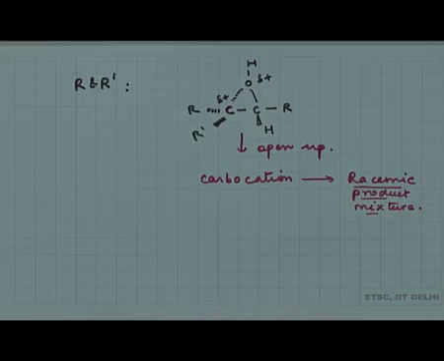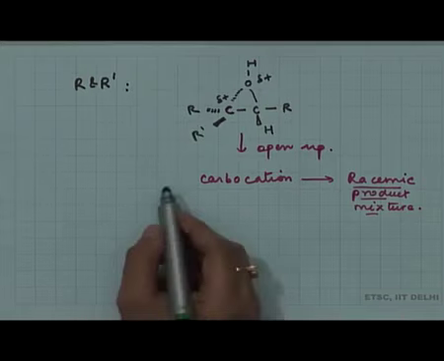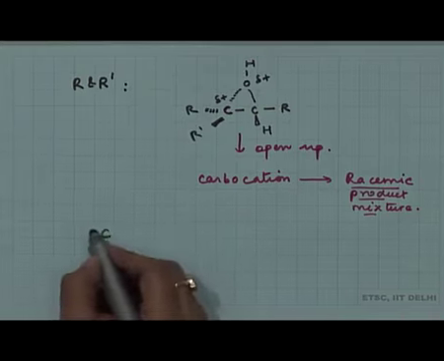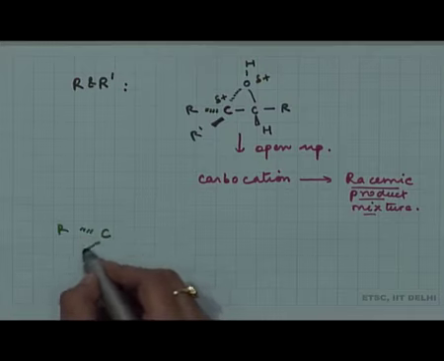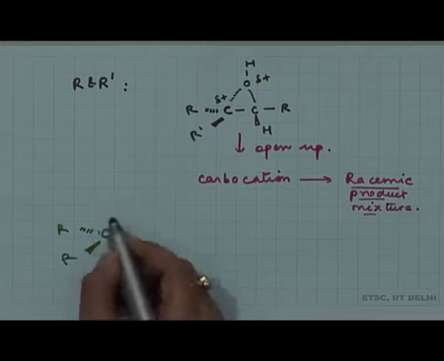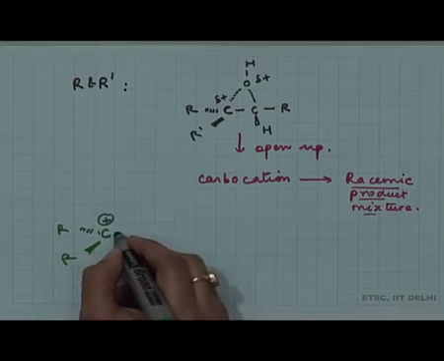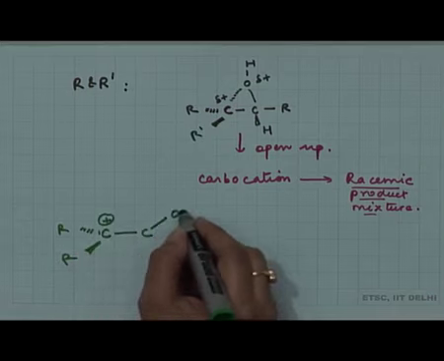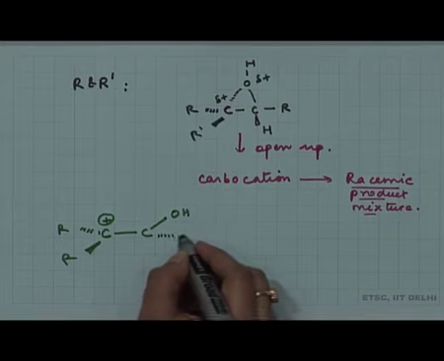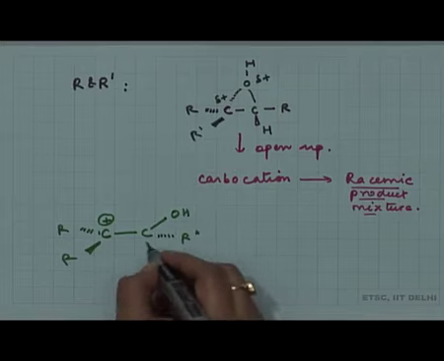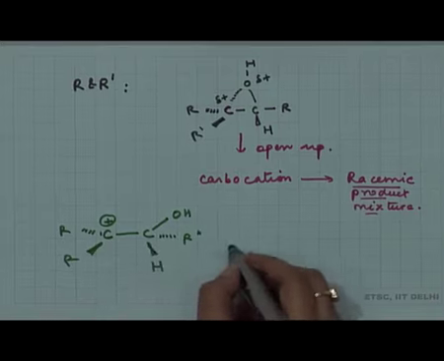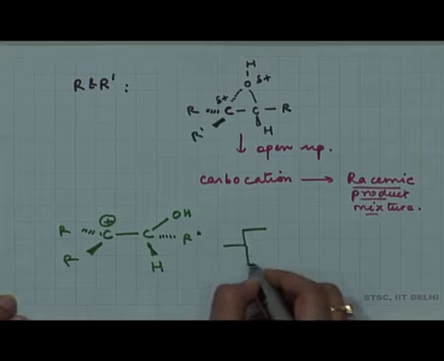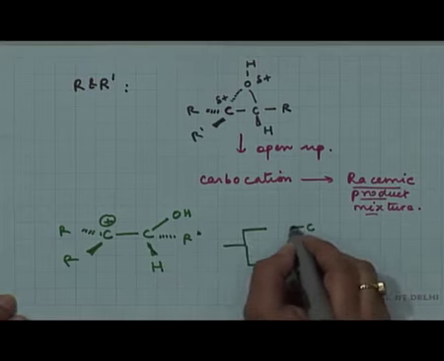So, this is the possibility, that it opens up and gives you a discrete carbocation before the nucleophile attacks in your SN1 pathway, okay, and then you end up with the mixture of two products, one with the retention of configuration